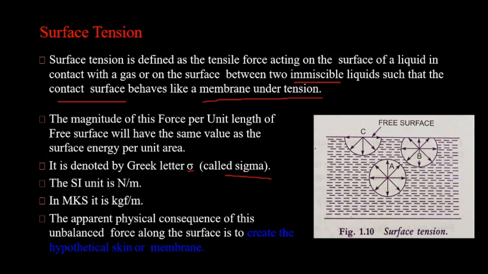But see here, the molecule B, which is situated near the free surface. So free surface hatra situated ide. Alli enagutte? It is acted upon by the upward and downward forces. It is acted upon by both the forces, that is upward and downward forces, which are unbalanced. Here molecule A is balanced, but here B is unbalanced.